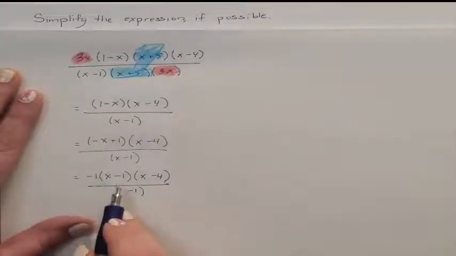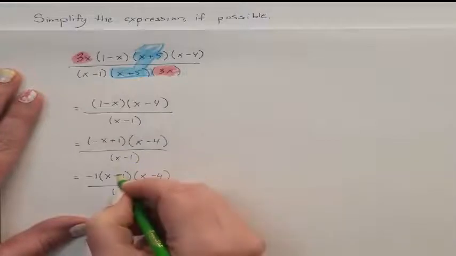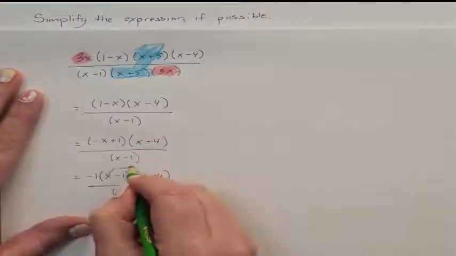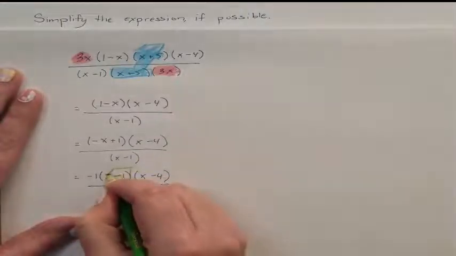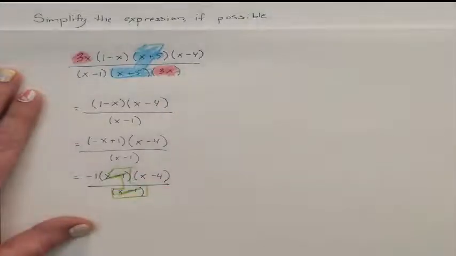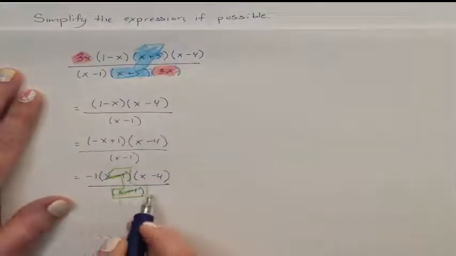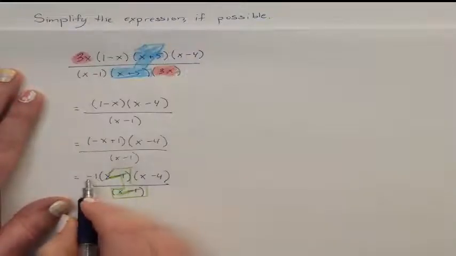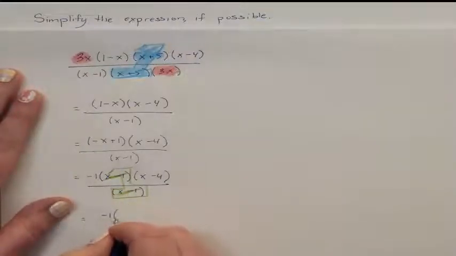I was able to factor out, and now they actually are the same. I have proven it. So this is a fraction of a 1, which means these two guys cancel each other out, which means I have nothing else in the denominator anymore. My answer is a -1 times the x minus 4,